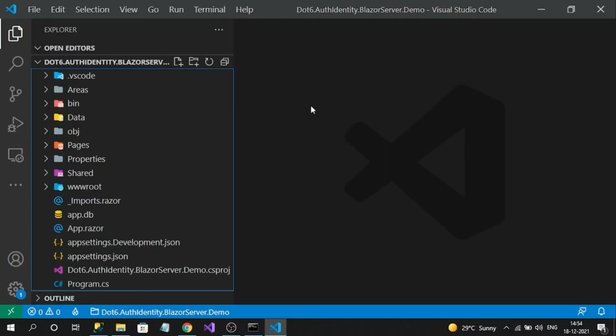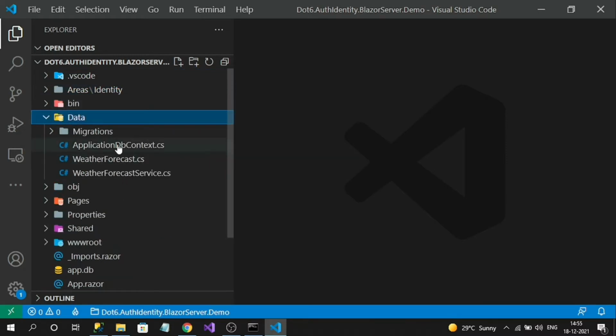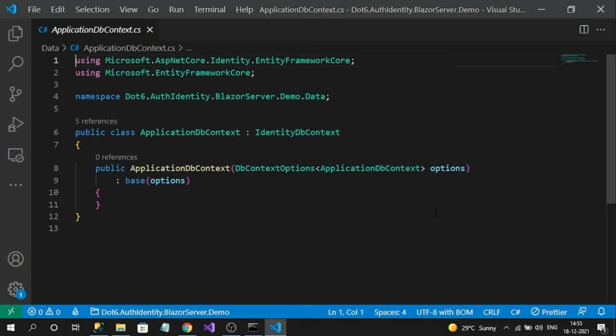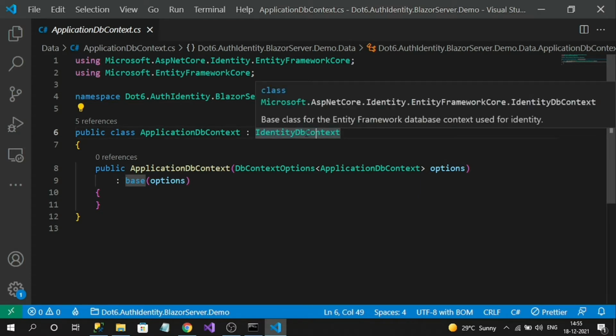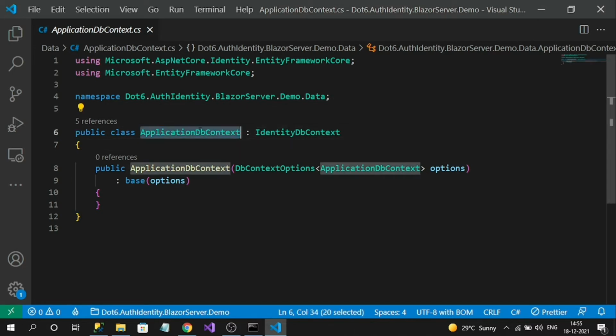So the first thing we have to understand is the IdentityDbContext. Go to the Data folder. Here you can observe a class called ApplicationDbContext. This is nothing but our IdentityDbContext, meaning our identity library uses this IdentityDbContext to interact with our database. It is like our DbContext only, but it specially comes from Microsoft.AspNetCore.Identity.EntityFrameworkCore's IdentityDbContext. It is registered in Program.cs.